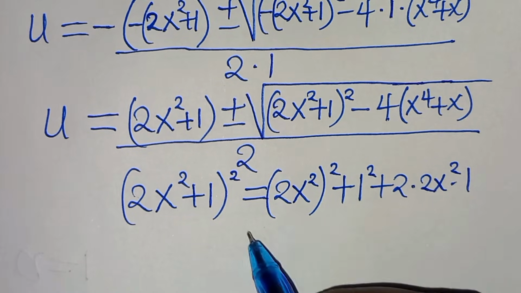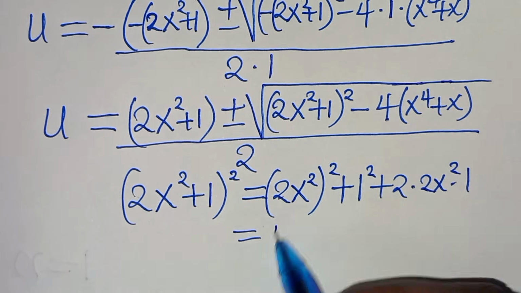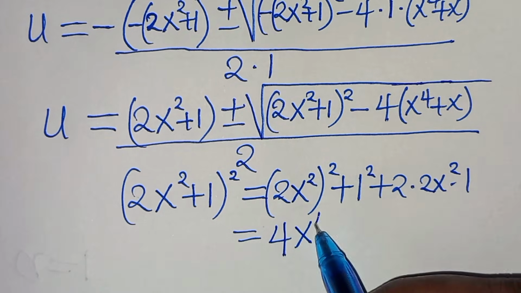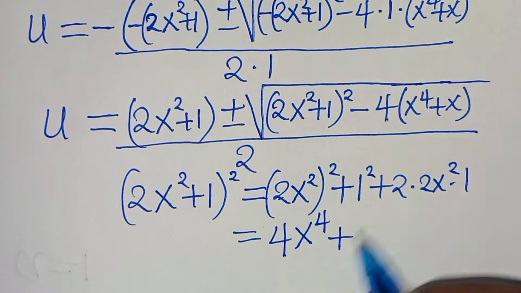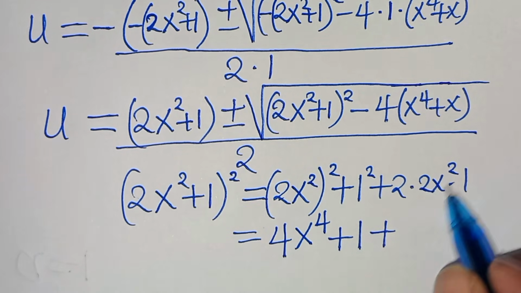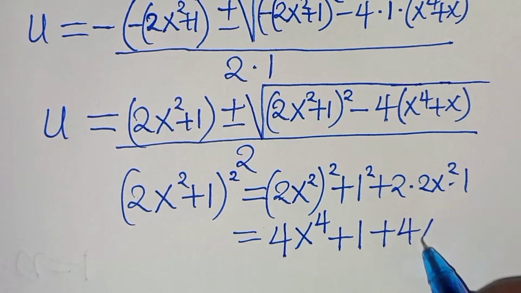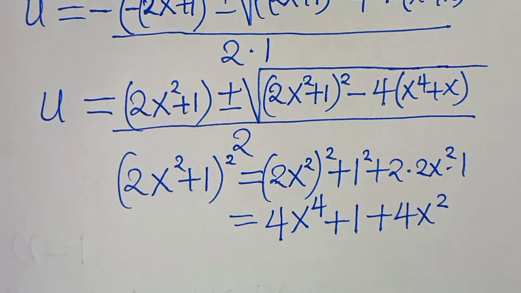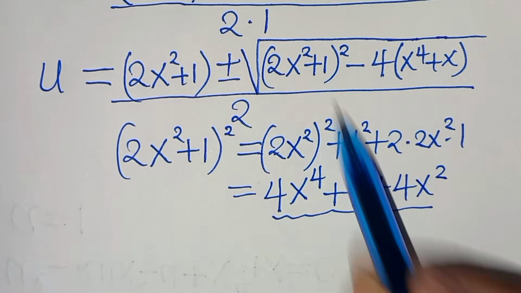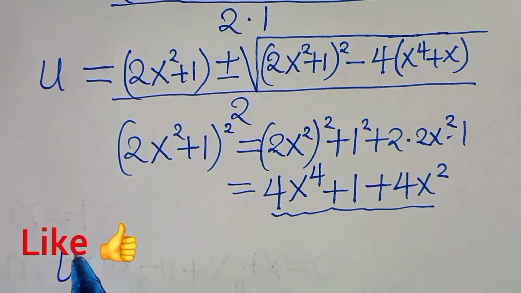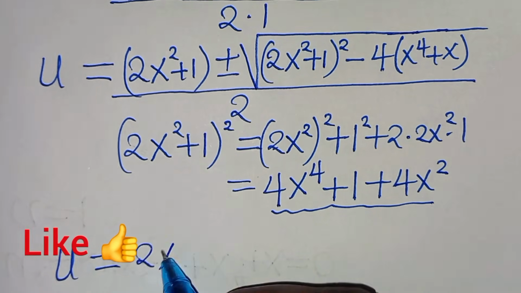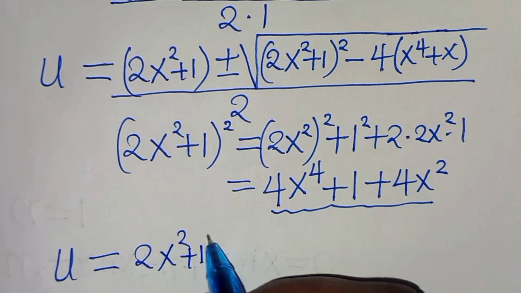And this implies that here we have 2 squared, this is 4. Then we have x to the power of 2 times 2, which is x to the power of 4. Then plus 1 squared, this is 1. Then plus 2 times 2x squared, this is 4x to the power of 2. Now, let's substitute this here so that we have u is equal to, now this is 2x squared plus 1